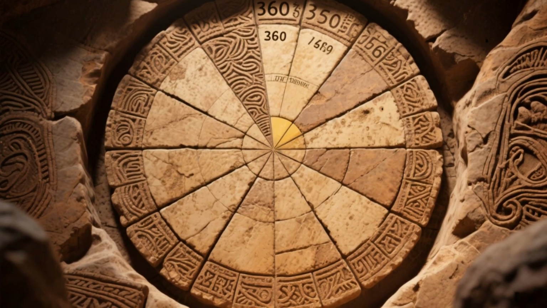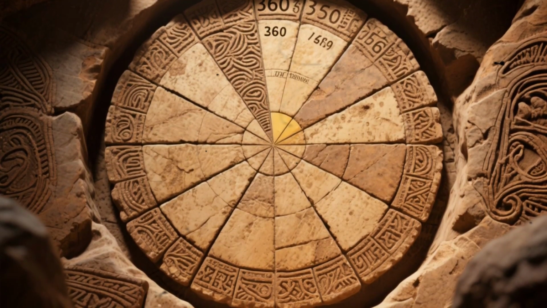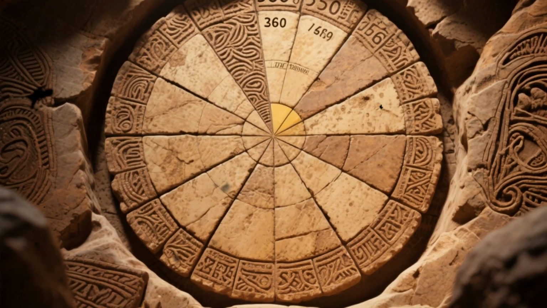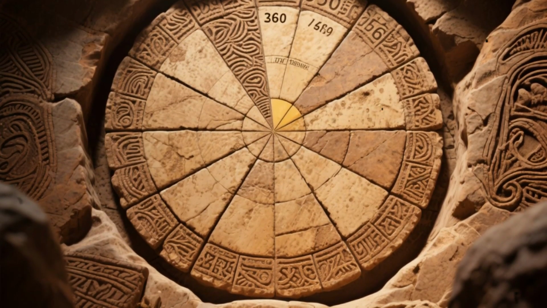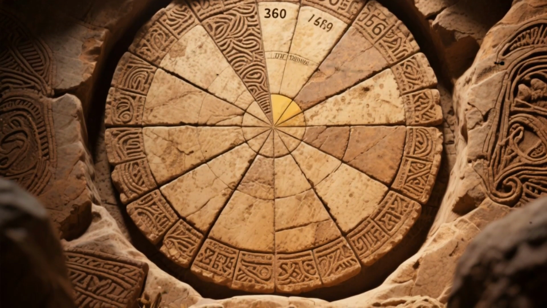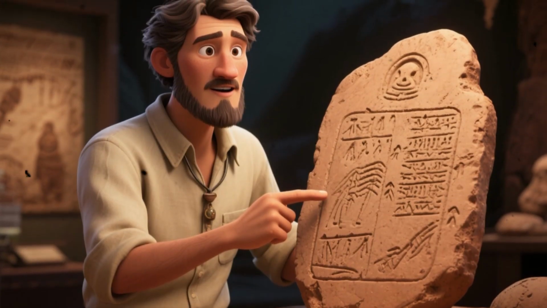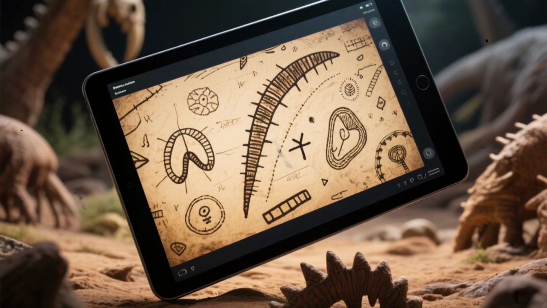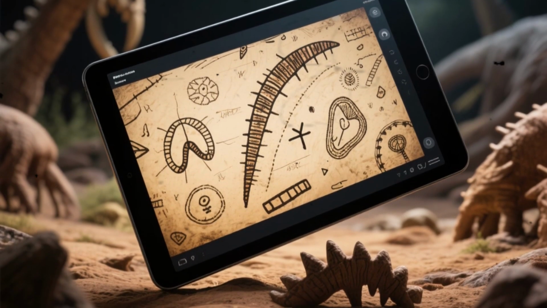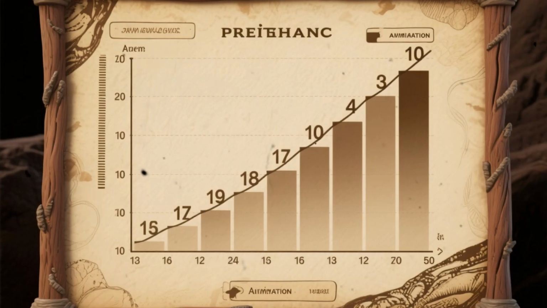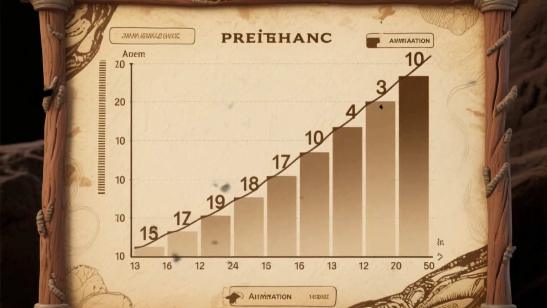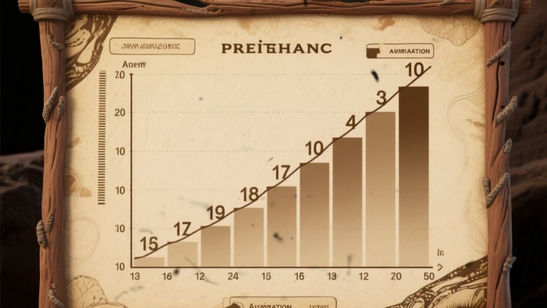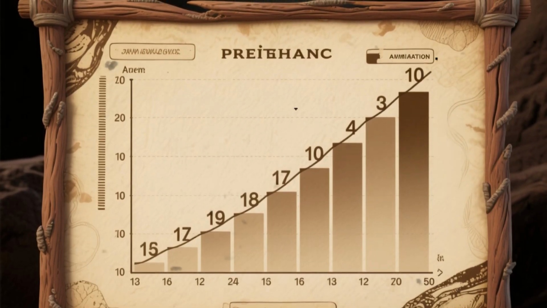If you've watched my video on angle measurement, then you'll know that a circle has 360 degrees in it, which means that 1/60th of a degree is equal to 6 minutes, and that's exactly what it is being used for here. Take a look at this tablet. It looks pretty abstract, but let me orient it so it makes more sense. The horizontal axis represents an angle from 0 to 360 degrees, and the vertical axis, well, let's find out by